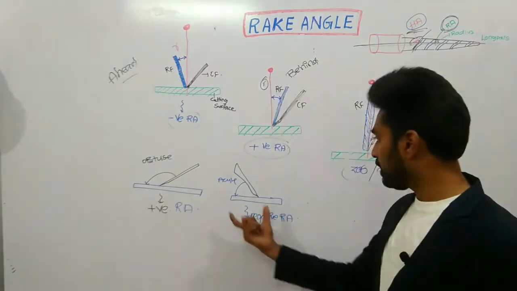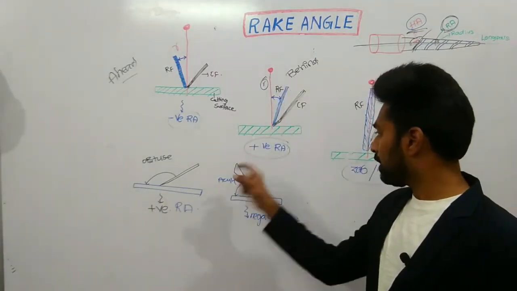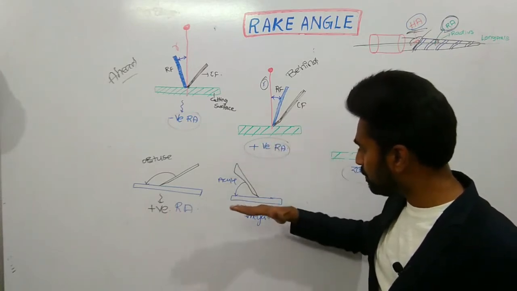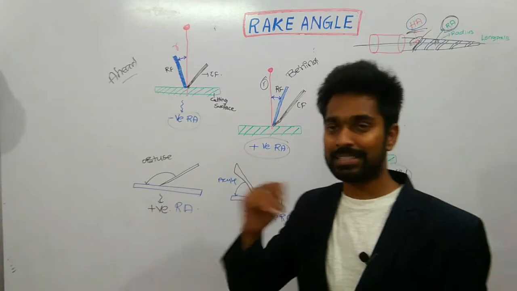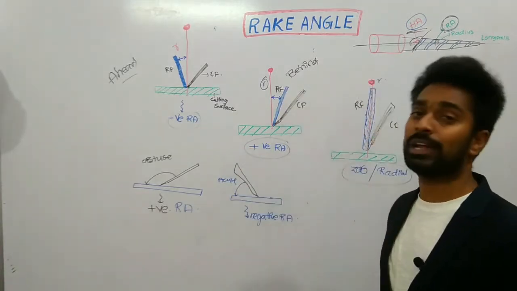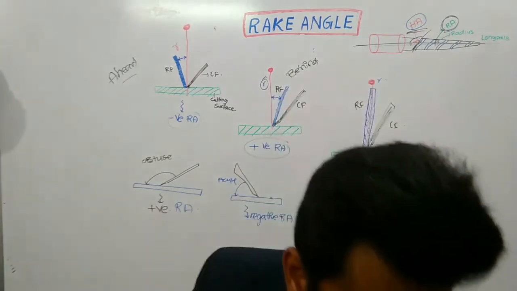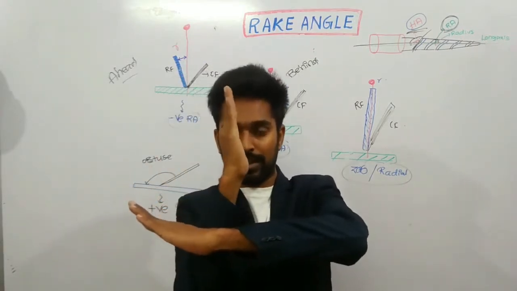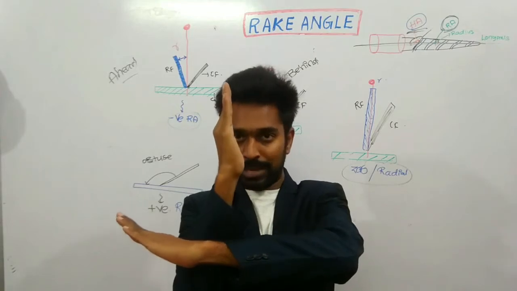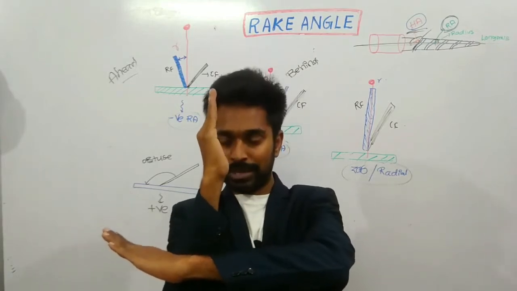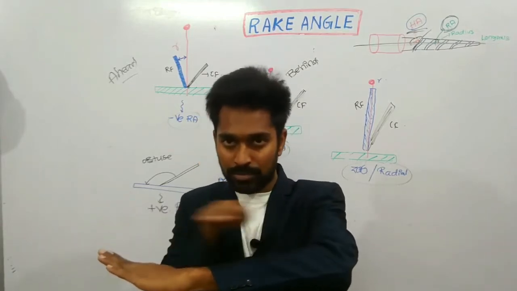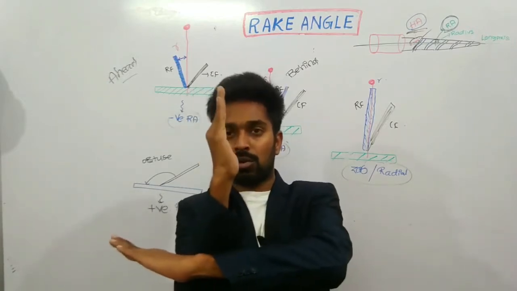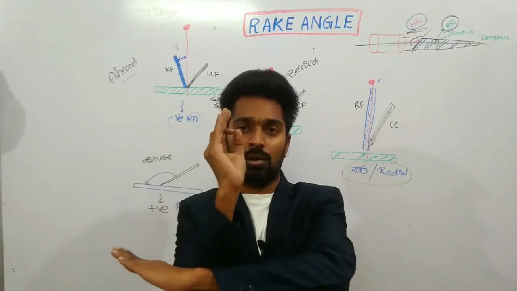Or suppose the cutting surface of a rotary file is making an acute angle which is less than 90 degrees, that is your negative rake angle. To make it simple, this is your 90 degrees, right? If the rotary file or the cutting edge is making 90 degrees with this cutting surface or a root canal wall or a radicular dentin, this is called a zero rake angle or a radial rake angle.